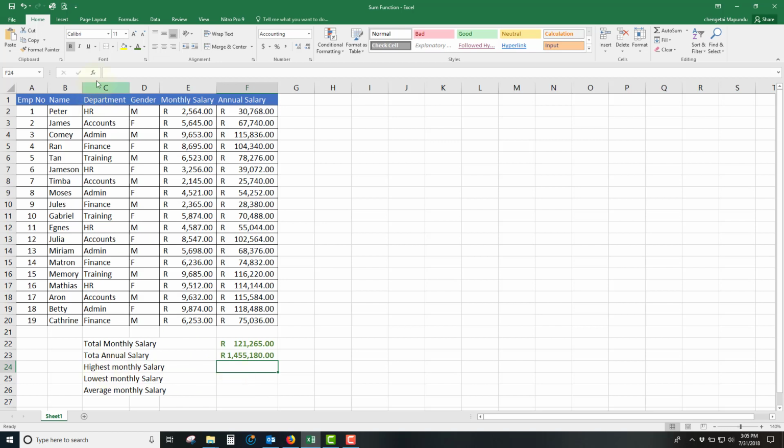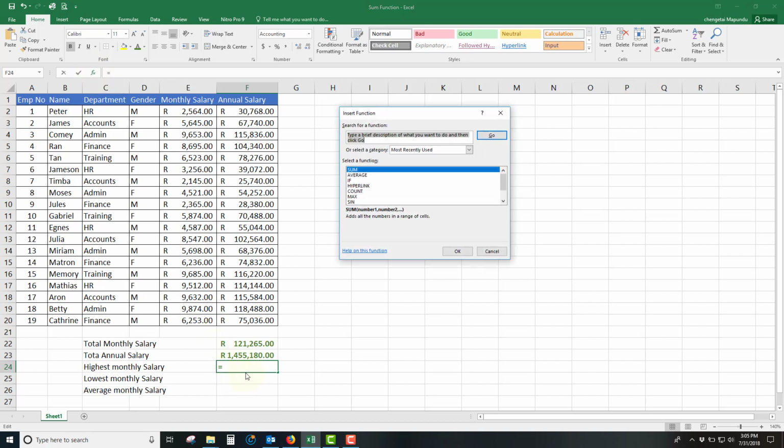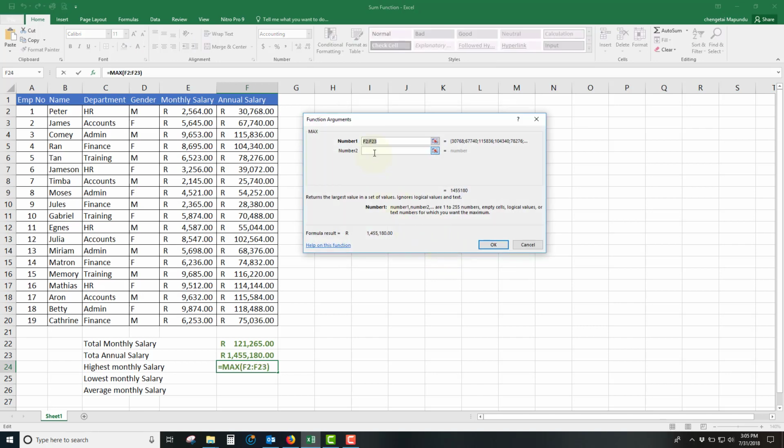So to use the max function, I can go here and click on here. Remember, first of all, I've selected where I want the salary to show, and then I can click on FX, and then in FX I want max. Fortunately for me, the max function is already shown here. Otherwise, I could have searched for it here and I would still find it. So I'm going to select the max function, click OK, and the max function is telling me that it's going